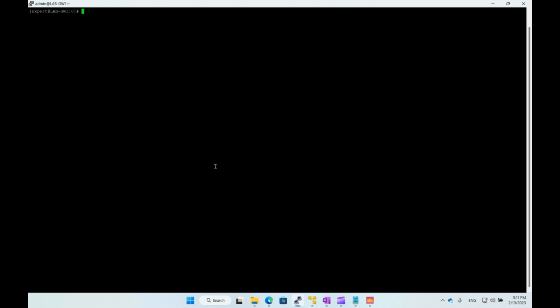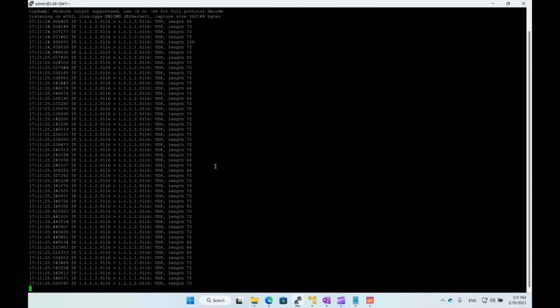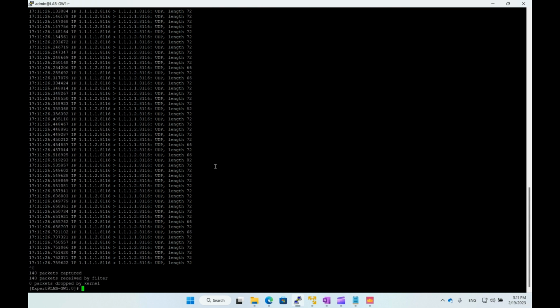And this traffic starting from R81 is encrypted by default. So we can do tcpdump -nni. Ethernet 2 is our sync interface. And here we see that there is a lot of packets going between sync IP addresses of two cluster members